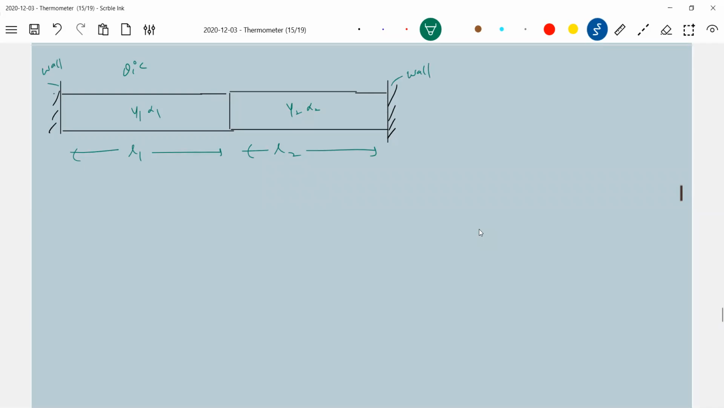I will increase the temperature. Tell me what happened to both the rods. Both the rods will expand, no? Both the rods have to expand. So as I raise the temperature,